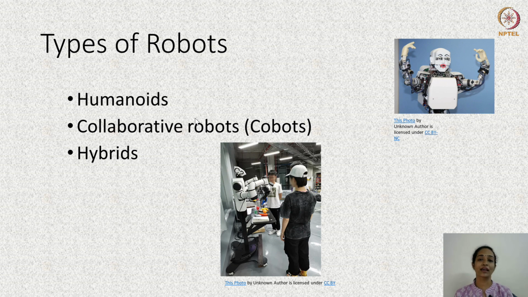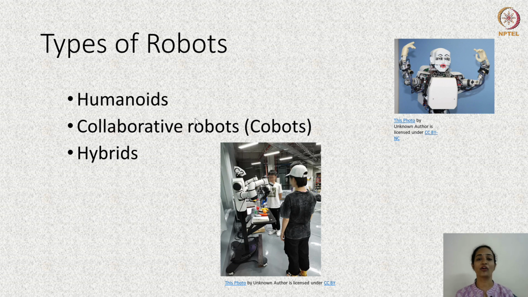Cobots, on the other hand, can work along with a human being to do things like maybe repairing machines. It has moving parts which can manipulate objects along with the human team member. Consider a situation where a human team member and a cobot are working together to repair a machine. Cobots are autonomous to a certain extent and can carry out their functions more or less without the help of a human. For example, a cobot which is sent into a damaged building to survey what is the extent of damage and probably look out for survivors is a cobot.